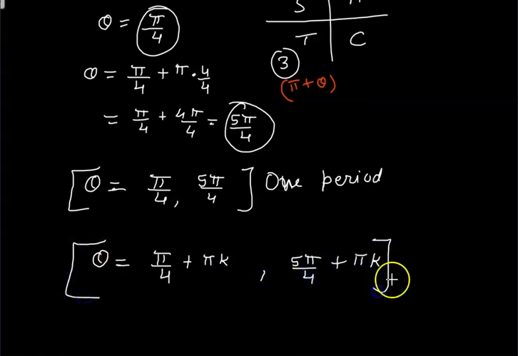This represents all solutions. This way you can see, if you memorize the ASTC rule along with the table of values, how easy it is to solve trigonometric equations when it says to solve them